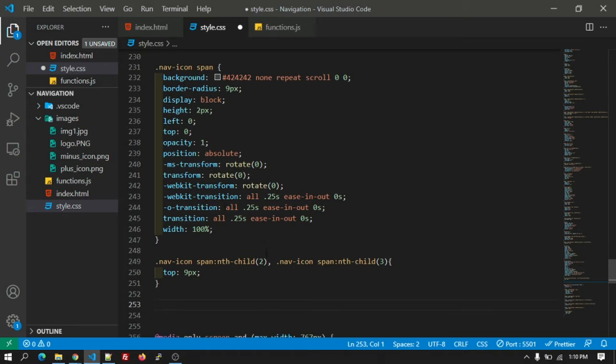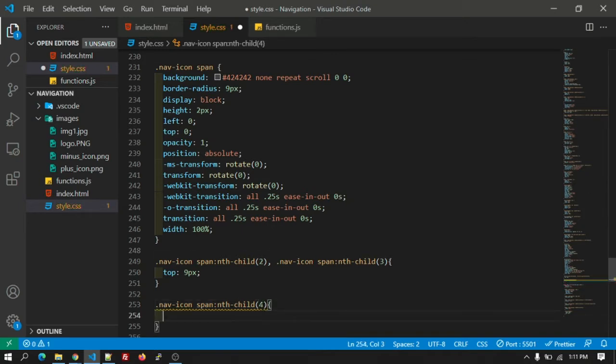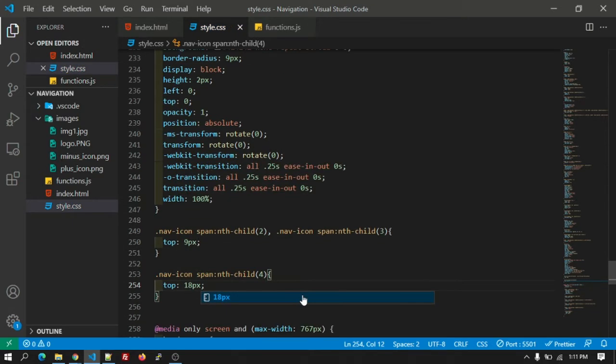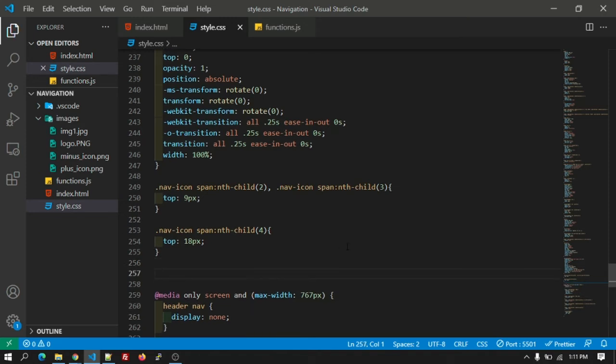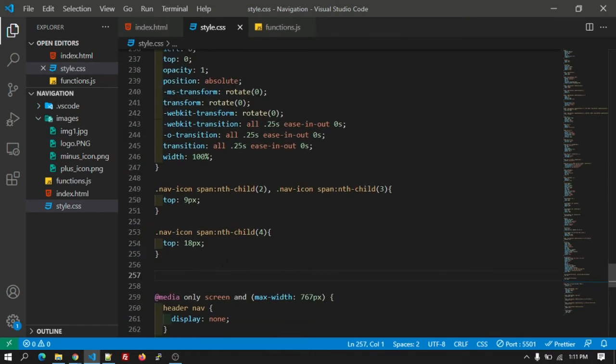For the fourth child, for the fourth span, we will give the top as 18 pixel. Okay, we are adding all this CSS in the desktop only.